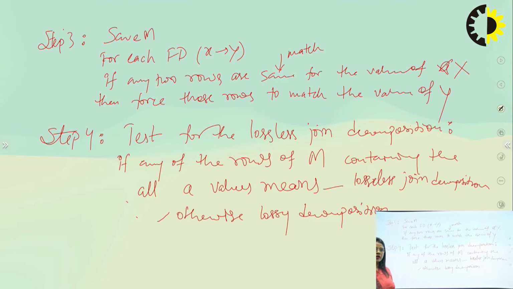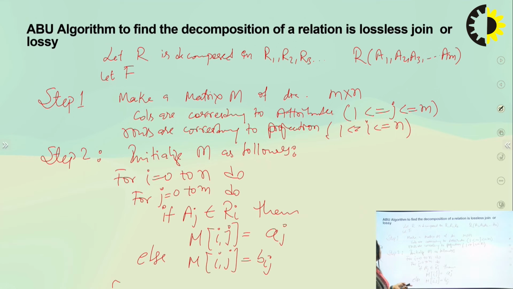So this is the algorithm. Just to recap, here we are understanding the ABU algorithm to find out whether the decomposition of a relation is a lossless join decomposition or a lossy decomposition. With that algorithm, we are assuming that R is a relation that is decomposed into